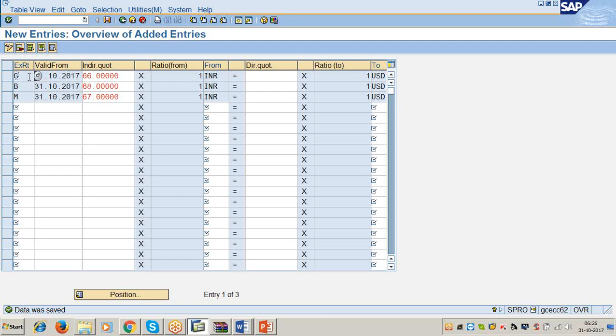From is equal to USD. Direct quotation 66. If your company code local currency is INR, you have to enter the direct quotation. From is equal to USD, direct quotation is equal to 66 to INR.